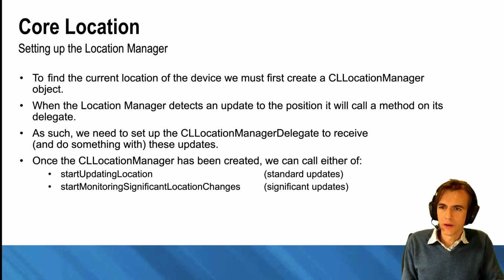Okay, so how do we access the location? We do this through an object called a location manager. We do this by creating an instance of the CLLocationManager, and when it detects an update, it will call a method on its delegate. So again, this is the standard delegation pattern. You set yourself up as the delegate to a CLLocationManager, and your class gets called with the updates. So to do this, your class needs to adopt the CLLocationManagerDelegate, and